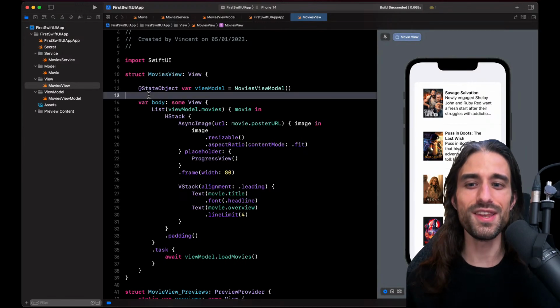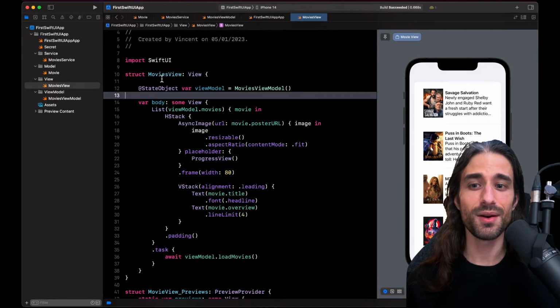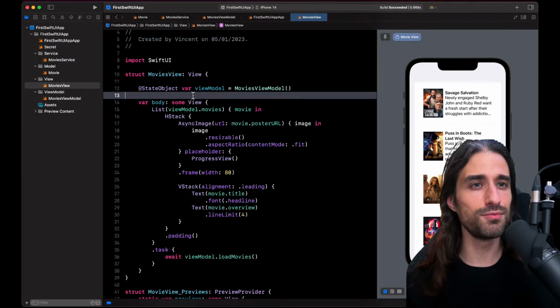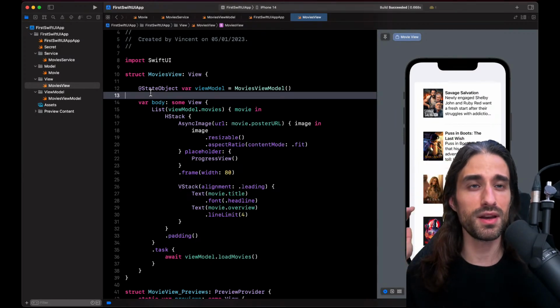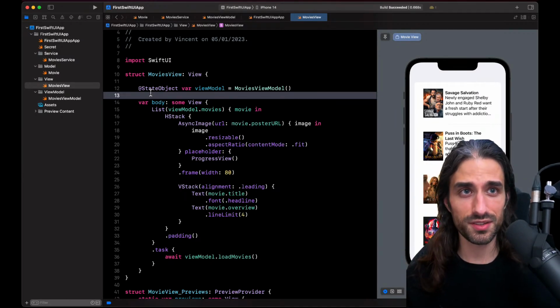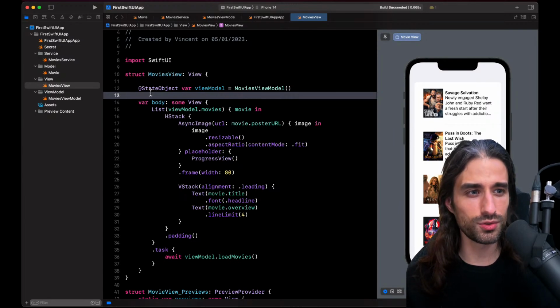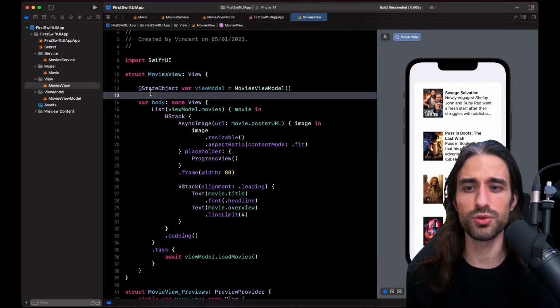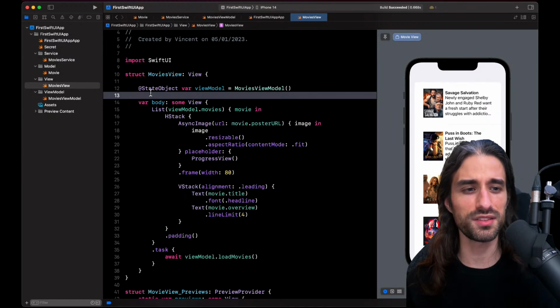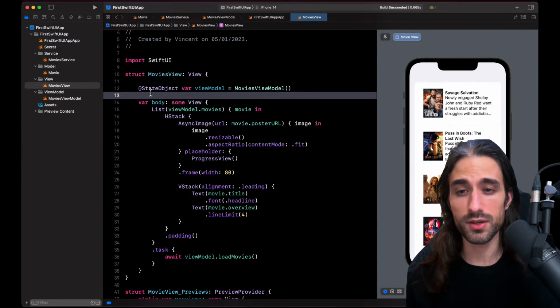On the other hand, when you use @StateObject, it's the other way around. You are saying that MoviesView owns the view model, and so even if MoviesView is recreated, the state object will not be recreated. We will keep having the same instance. Historically, it's interesting to know that when SwiftUI was first introduced in iOS 13, @StateObject didn't exist, which could lead to some subtle bugs, and so that's why in iOS 14 they introduced @StateObject. But that was a very good remark.